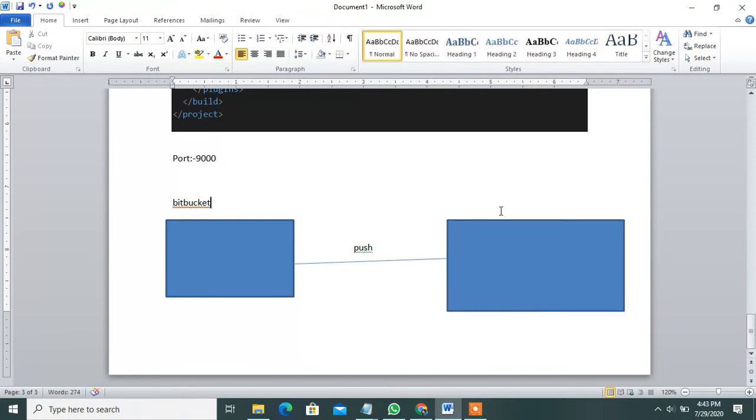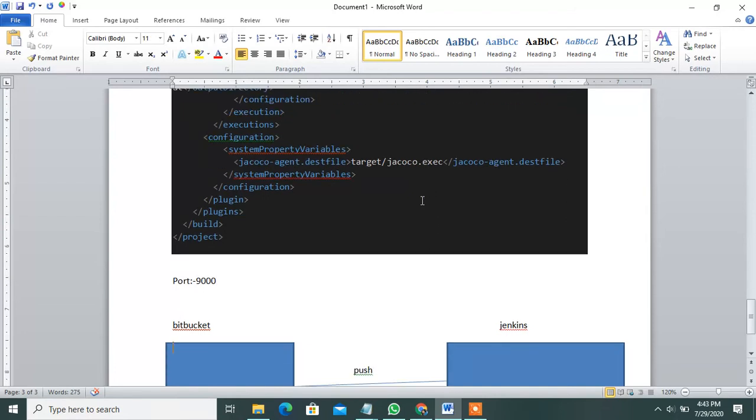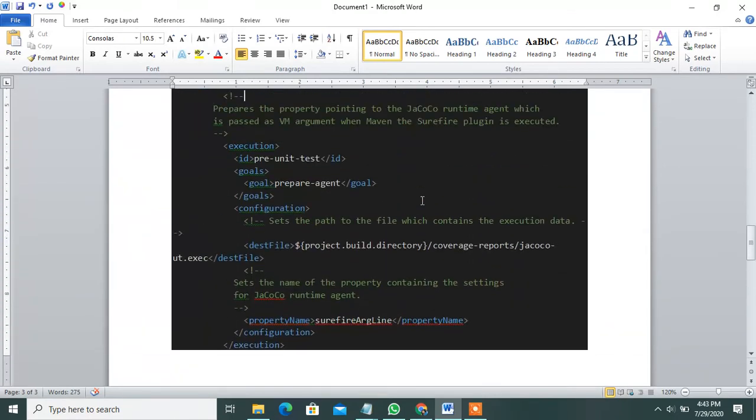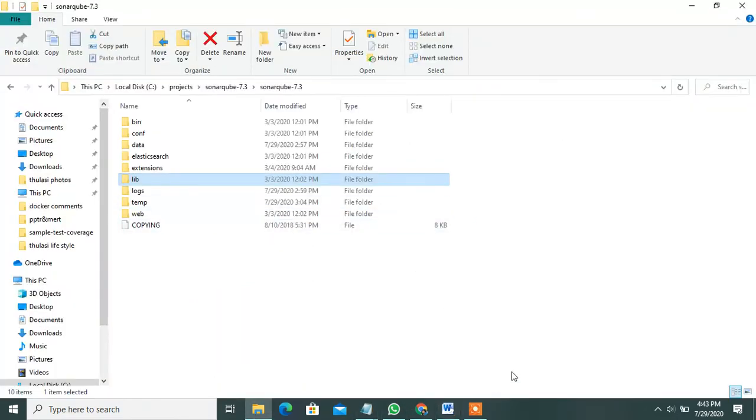Today I will do the installation and deployment process on my local machine. The Jenkins part is separate; I will explain this tomorrow, no problem. Today you can observe how to install. Yes, it is done. Once you install SonarQube and extract it here, it displays all the bin and conf folders.